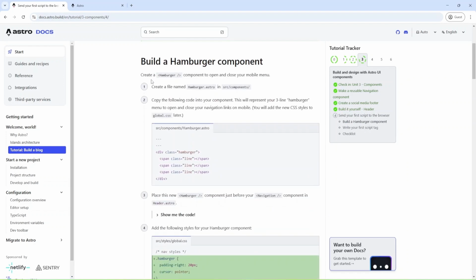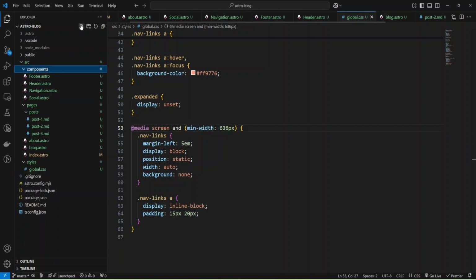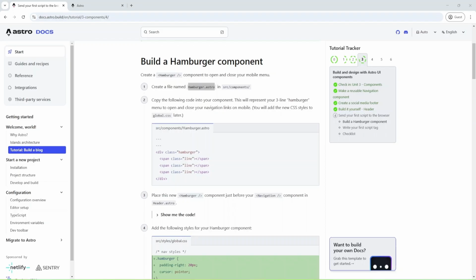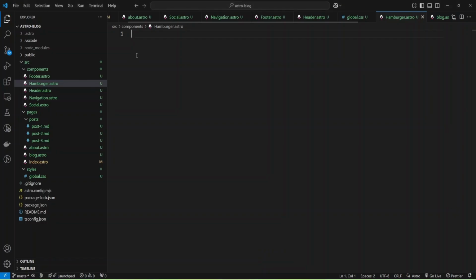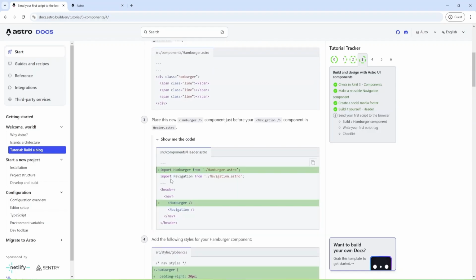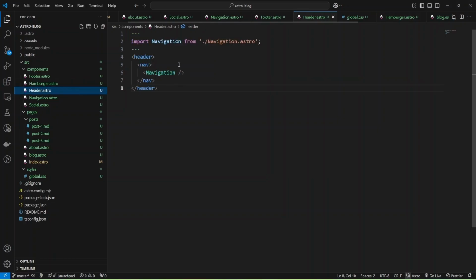And they propose to build a hamburger component. And let's do it. And inside components, I will add hamburger and copy this code. Okay, and let's check next. And I can import and paste it to header.